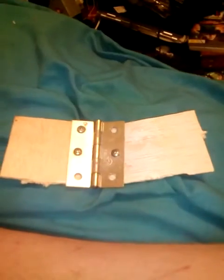Sorry about that. Next thing you'll need a piece of wood, and you need to arrange it in a formation just like this. Alright, you got that? Good. Next step,